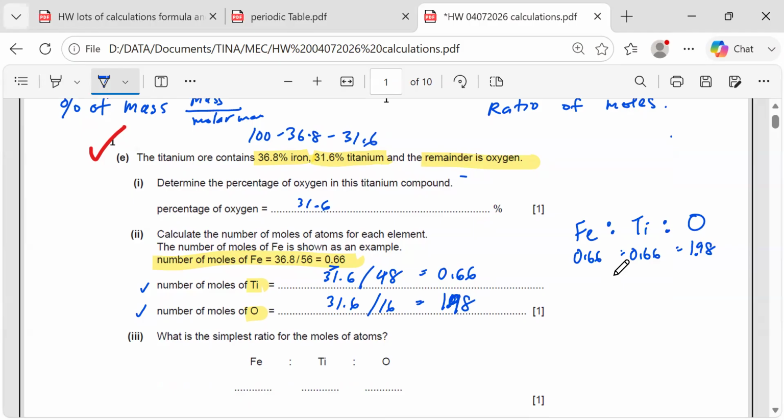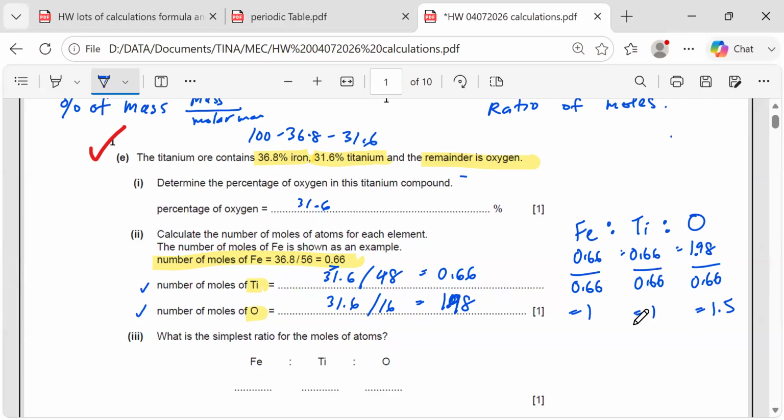Sorry, Jai, I forgot to pass to you one more. Do you remember how to do empirical formula from last week? Just take mass over molar mass. All right, now this is the ratio of moles. You understand so far? How do you find the simplest ratio? You divide by the smallest number. Who is the smallest number? 0.66. So divide by 0.66, we get 1. Divide by 0.66, we get 1. Divide by 0.66, we get